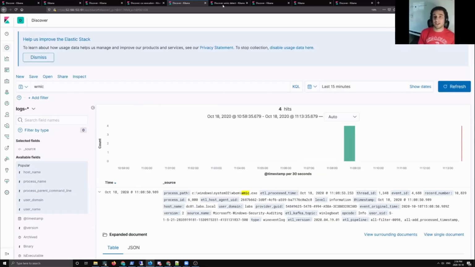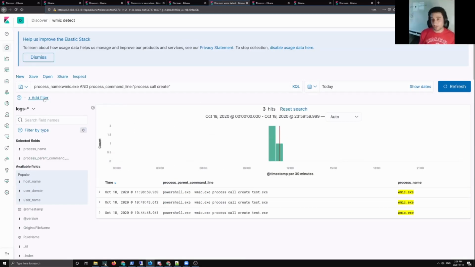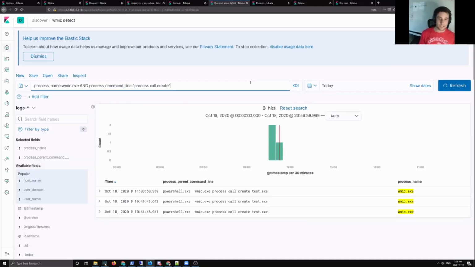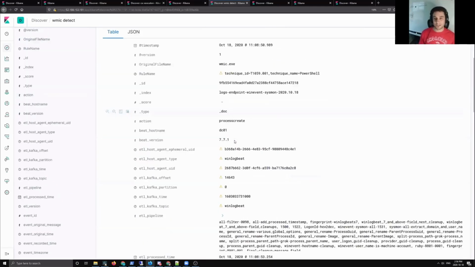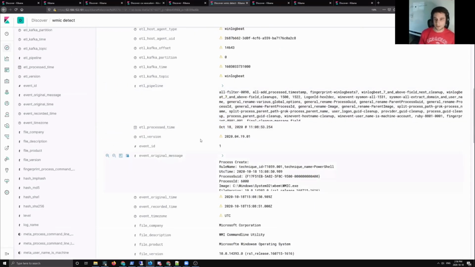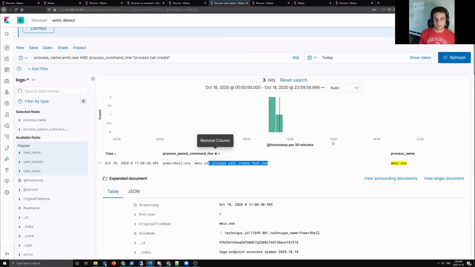So that's why in the next one, I would search process_name equals WMIC.exe, and then the process command line process call create. And what I've done within ALK is list the columns, parent process command line and the process name. So it's much easier to see what the log has, or at least the vital pieces of information, such as this command line. Because if you drop down and go to raw event or something, or if I just delete them,